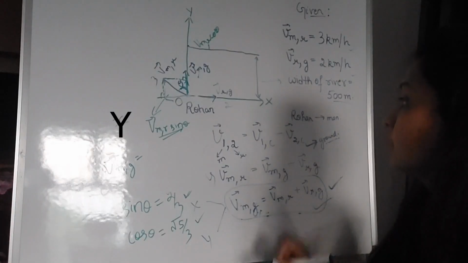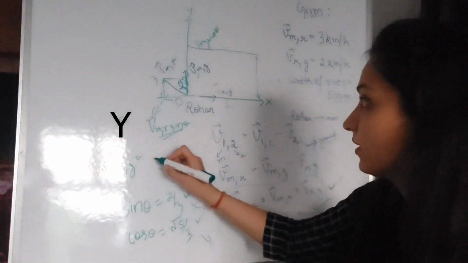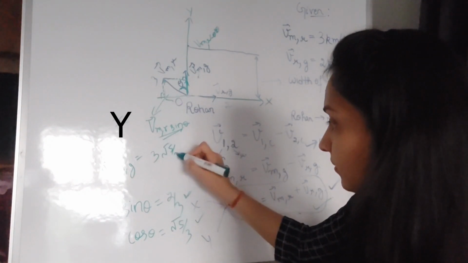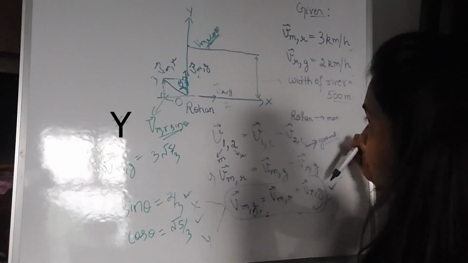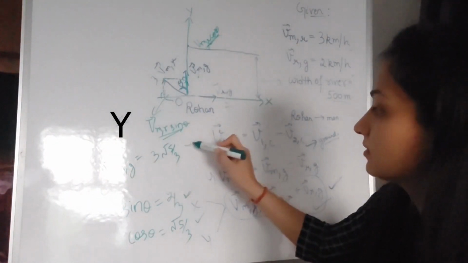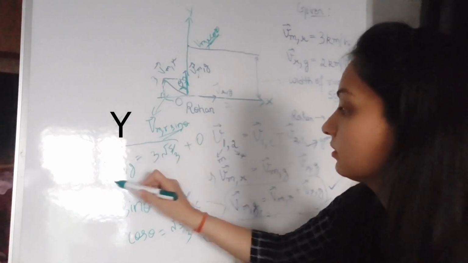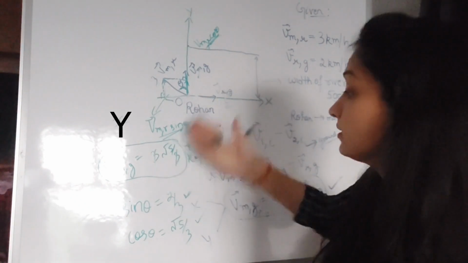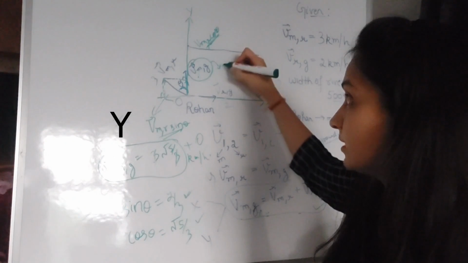that is, and velocity of man with respect to river is having a component in the y direction which is VMR, that is 3 cos theta, and cos theta is root 5 by 3. Put the value of this vector here, and VRG, this vector is having no component in the y direction, so this is 0, and you get velocity of man with respect to ground to be root 5 kilometers per hour. Now if this is clear, you have obtained the velocity of man with respect to ground. That was the ultimate aim,